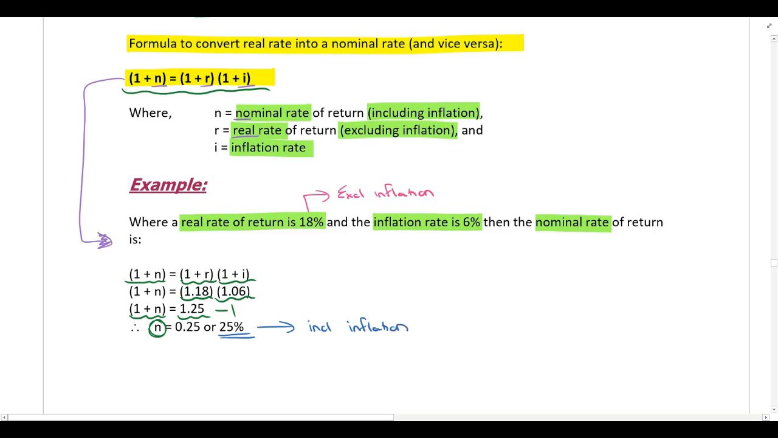So please note, you don't just take the real rate of 18% and add 6%. So we don't say 18% plus 6% gives me a nominal rate of 24%. That is not correct. You use this formula above, which is the Fisher formula, and you solve for the nominal rate, which includes the effect of inflation. Now, please note, guys, you would never do this if you were given the weighted average cost of capital in the question,